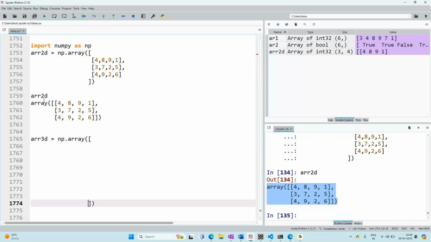Yes, I got the overall structure. Okay. Next I want number of arrays. Array 1, array 2, and array 3. Yes, am I clear? So what I've done here,